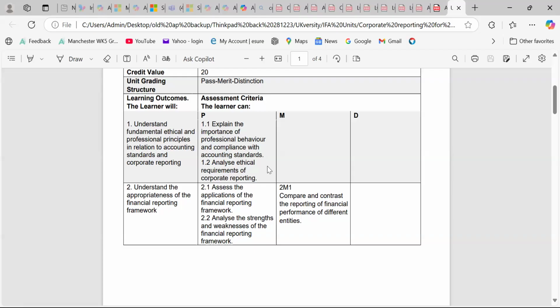Second, IAS 2, where we'll go through inventories. Normally we follow first in, first out, and we are not using the last in, first out method anymore in inventory counting and valuation. Normally in management accounting we use it, but not in financial accounting. We'll go through IAS 7, which is about cash flow. IAS 10, which is events and post-events adjustment.